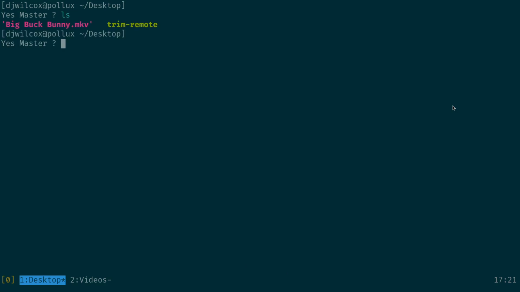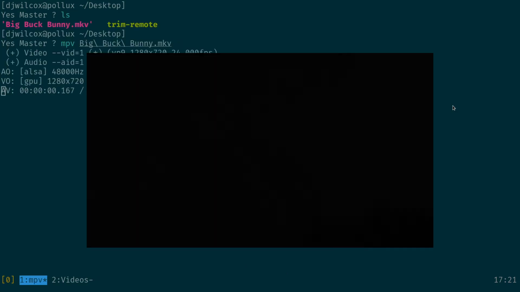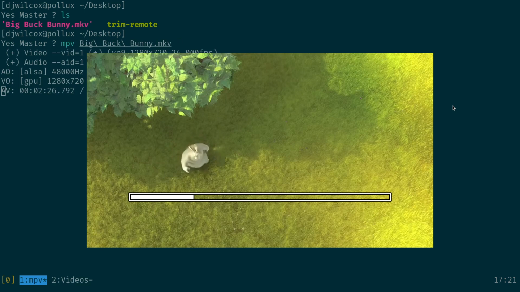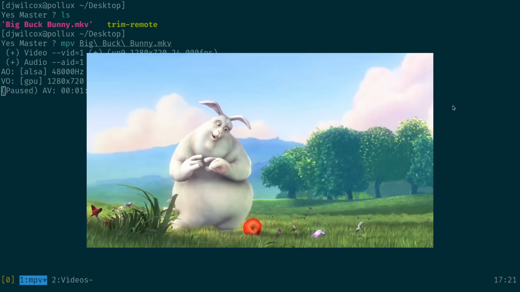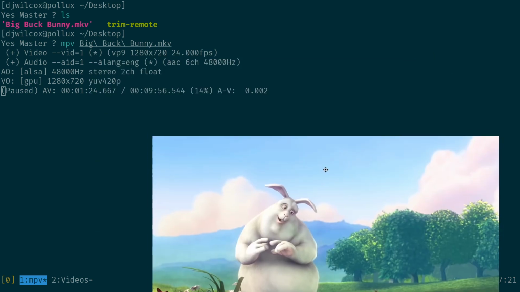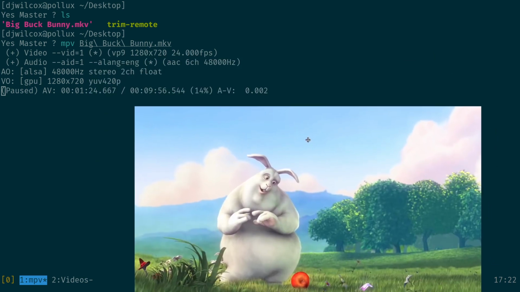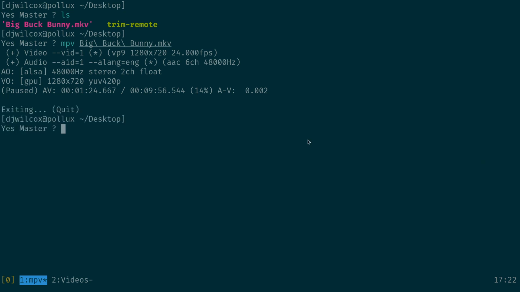What we've got here is Big Buck Bunny. Okay, so what I'm going to do is actually come through and trim some clips from this and show you the automatic output file name. So what we've got here is 1 minute 24 667, and I'll just create an arbitrary clip length for this. So the way this script works is we run